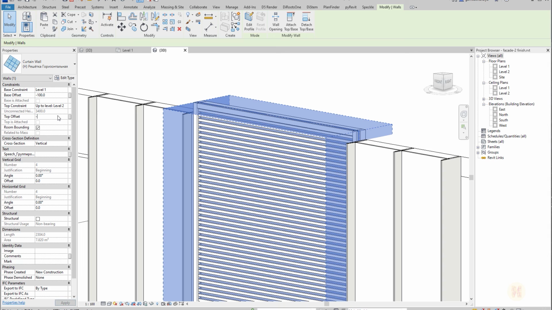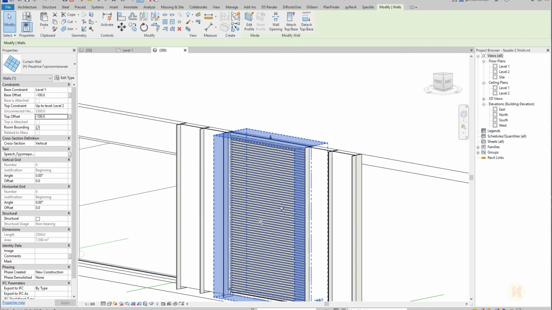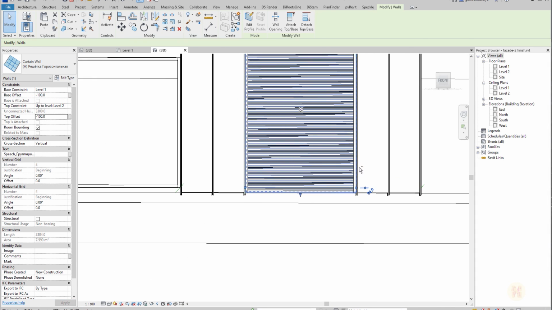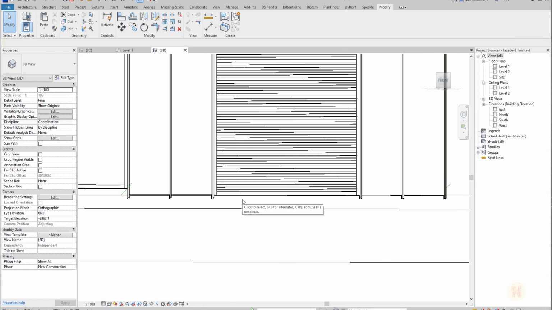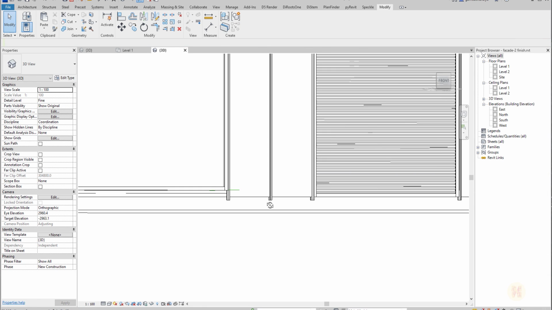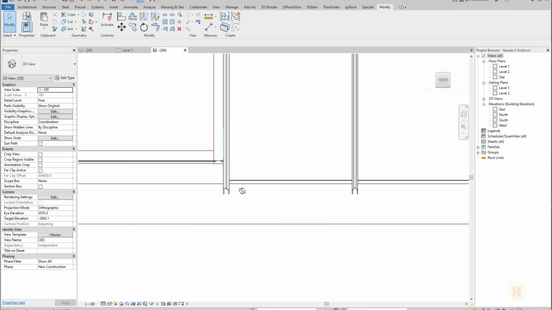Yeah, I'm so genius, you know. I changed the size of my base offset, not top, as you can see, but it should be. So I did what I should. And as this, I find here the one problem. As you can see, this is our